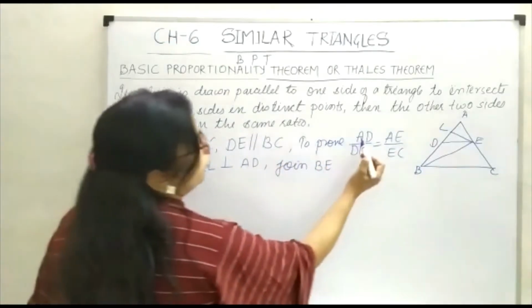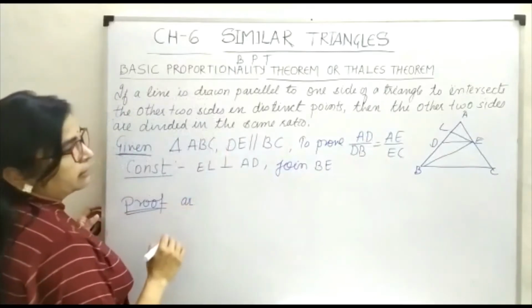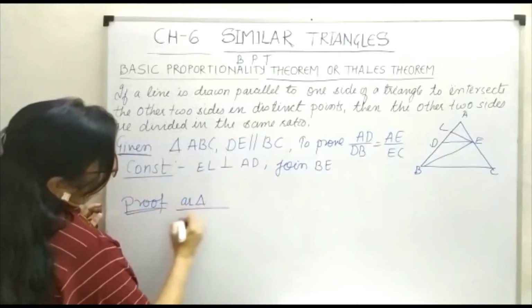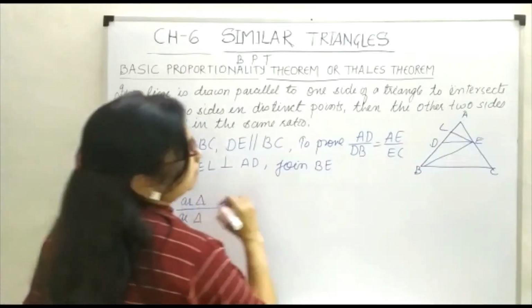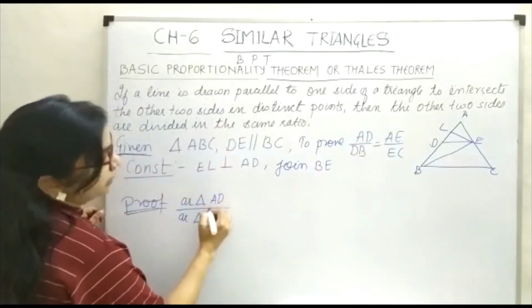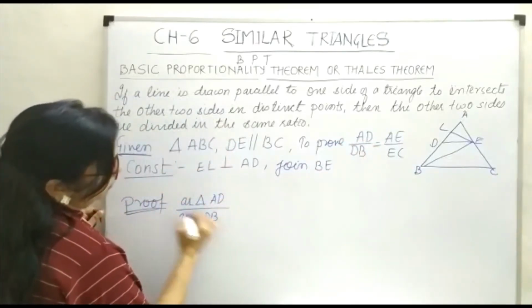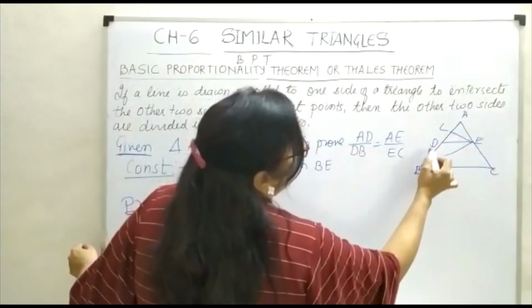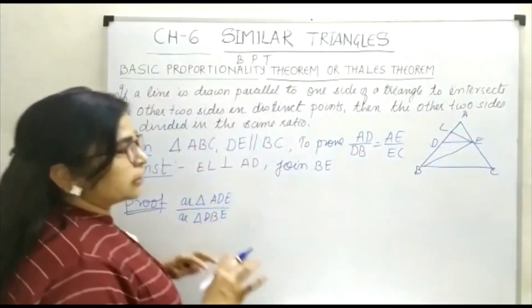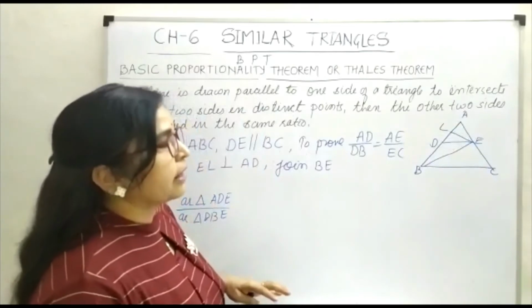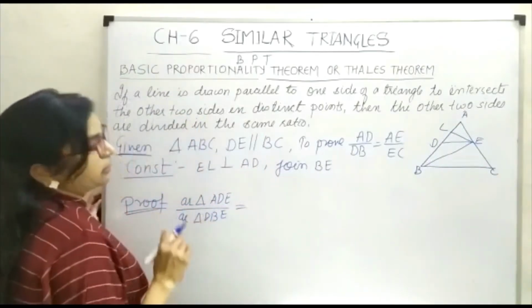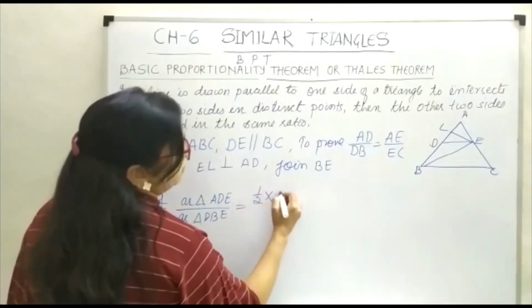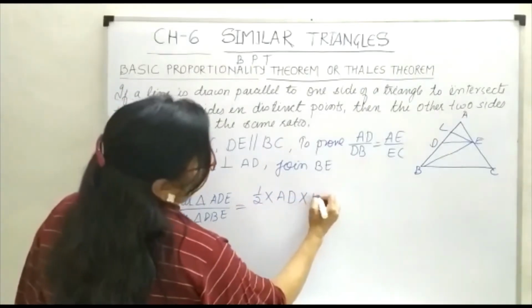Now just see what we have to prove, AD upon DB. So you take area. AR is short form of area. Area of triangle ADE, and again area of triangle BDE. For better understanding, you write this AD, again you write here DB, and just take E here, again E. You can see that ADE, and the next triangle is BDE. Your ADE is an acute angle triangle, as all the angles are less than 90, and your BDE is an obtuse angle triangle. Area of any triangle is half base, that is AD, into height, that is EL.